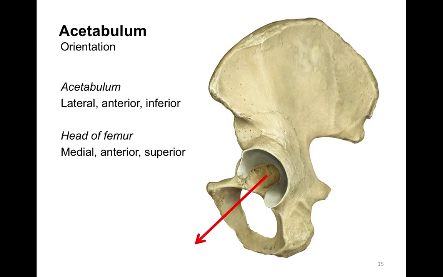The acetabulum, as mentioned before, participates in the articulation with the head of the femur to form the hip joint. And so the orientation of these two structures at the hip joint needs to be reviewed. We can find that in this lateral view of the acetabulum, of the innominate bone, I should say, the acetabulum faces laterally, as if it's facing out of the screen at you, as well as an anterior and inferior orientation indicated by the red arrow,